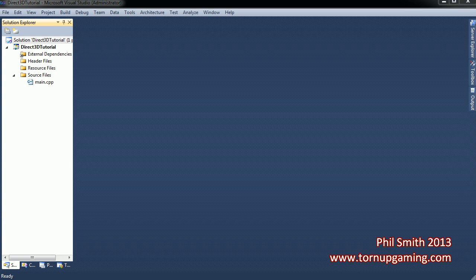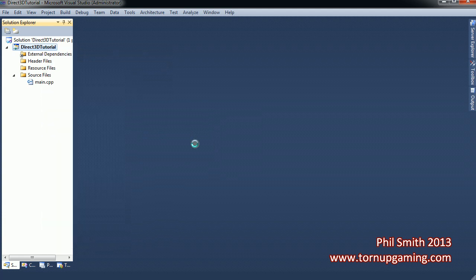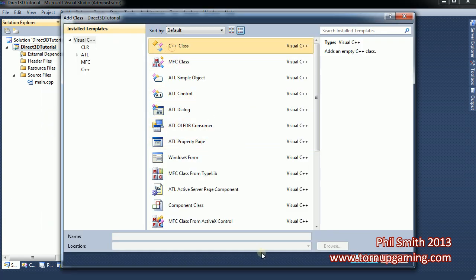The reason we're about to create a class for handling our Win32 window is so we can access anything we need from our window without needing to write a whole heap of code to do so, or needing to track every single bit of our code. Besides, once we start using Direct3D, our code file is going to get huge and we're not going to get anything done. So, right click the project and we're going to add a new class, a C++ class, and then